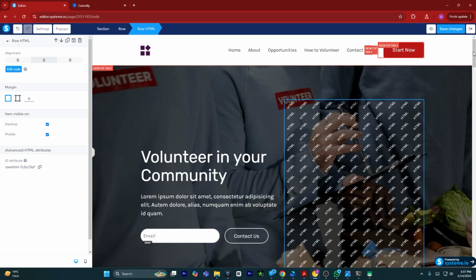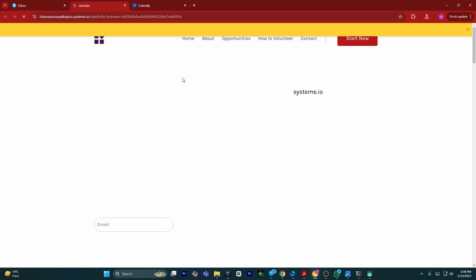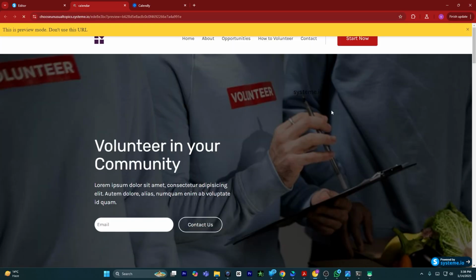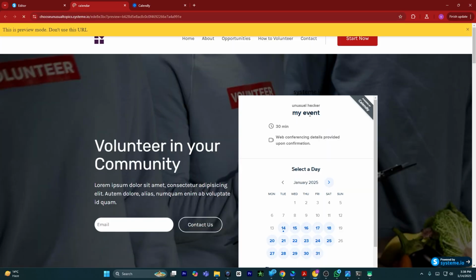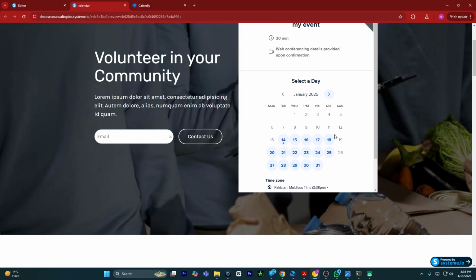and check if our calendar has been added or not. Now what I will do, I will simply click on this preview button to check if it's showing on my website or not. As you can see, my event has been added on my website. And that's how you can integrate Calendly to